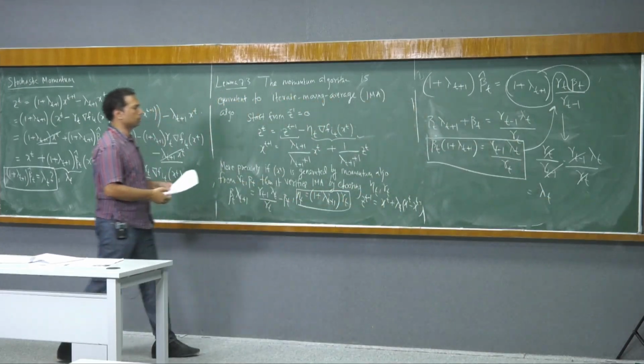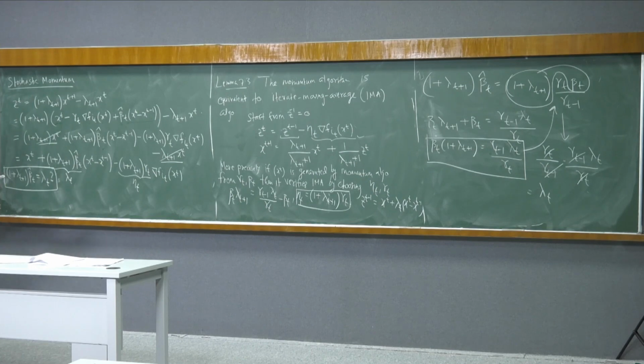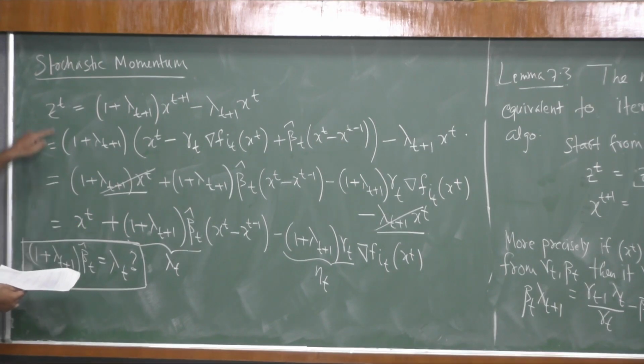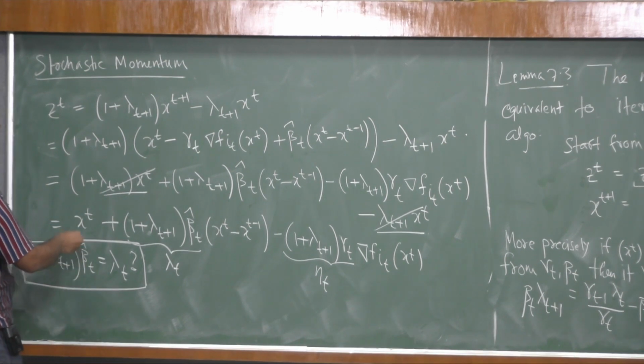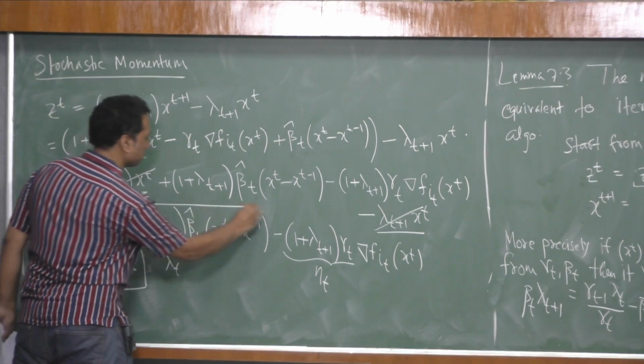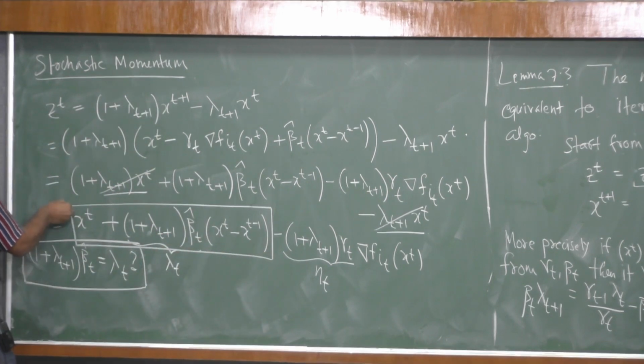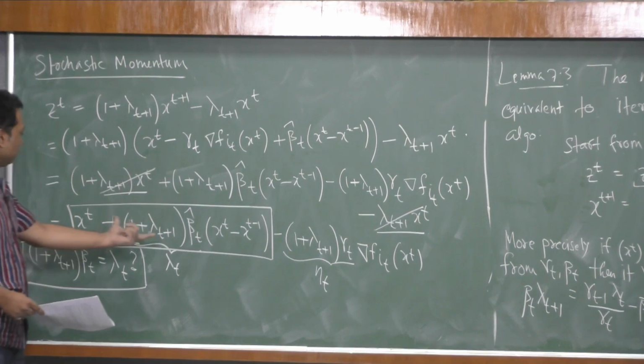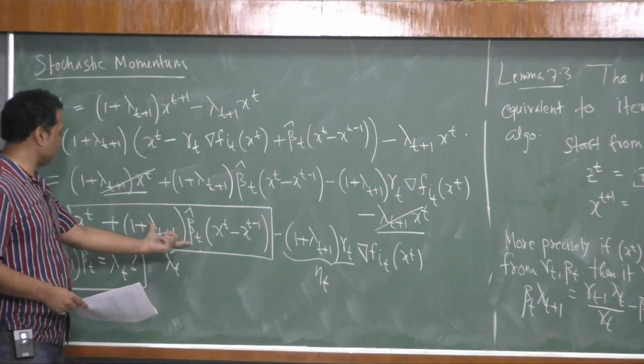This is a simple algebra, but yeah, one has to go through this. So indeed, what we find is that we come back to the iterate. So zt is equal to, now this becomes our zt minus 1. This is what we have shown with this guy is lambda, this guy is